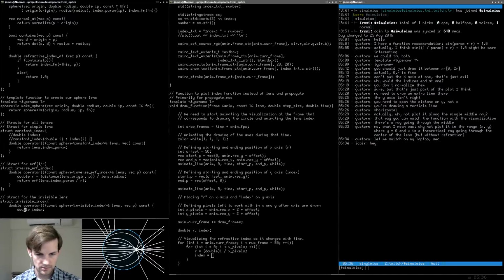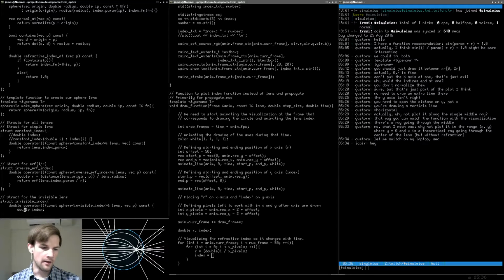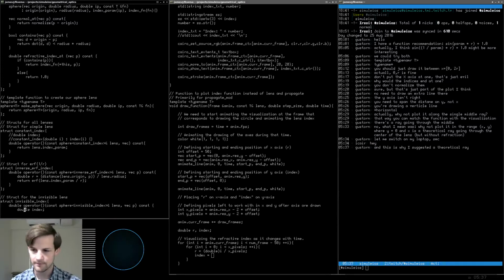Okay, so double operator, constant sphere, constant lens, vector. What are we actually reading in to this guy? We read in double R, double operator, inverse error function. So if it's within P,